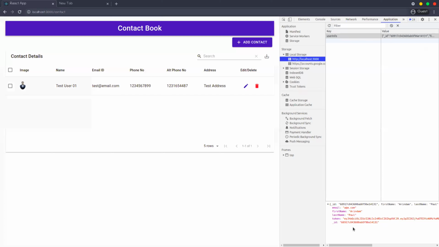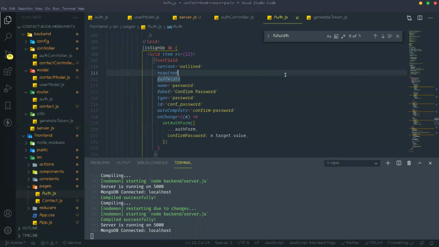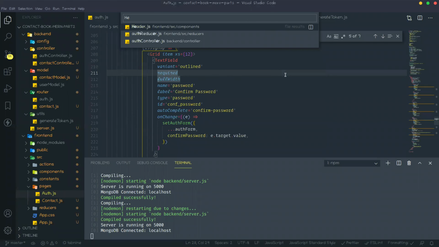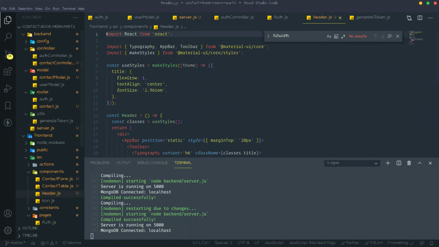Now we need to create one logout button in this header. So go to that header. In this header we need user info.